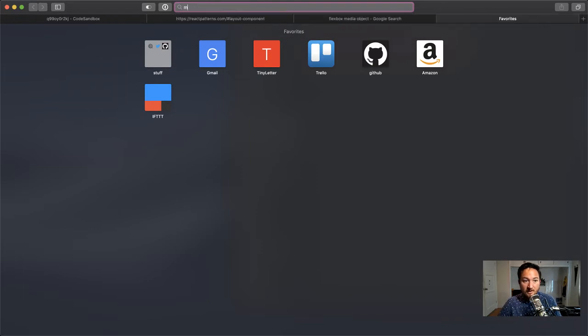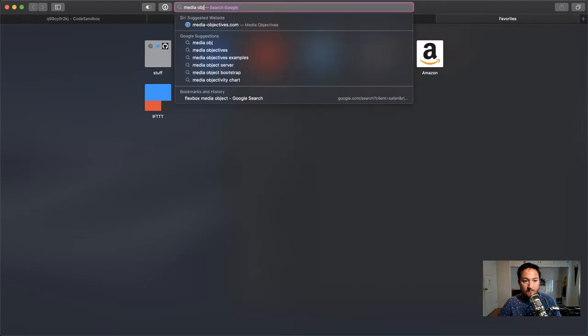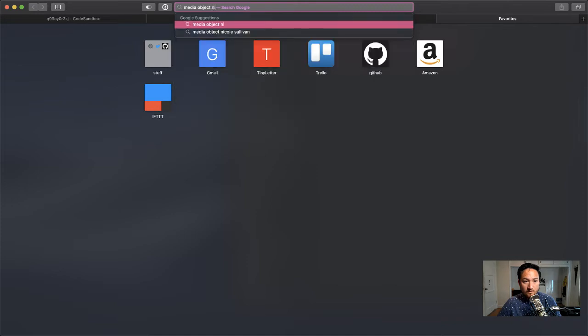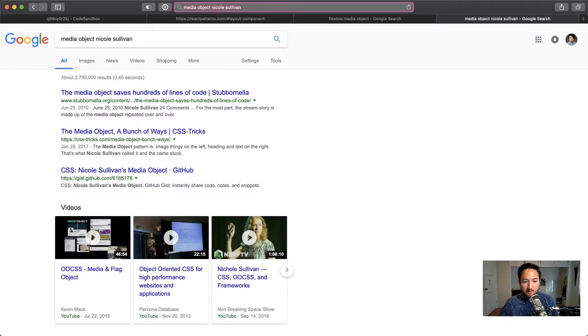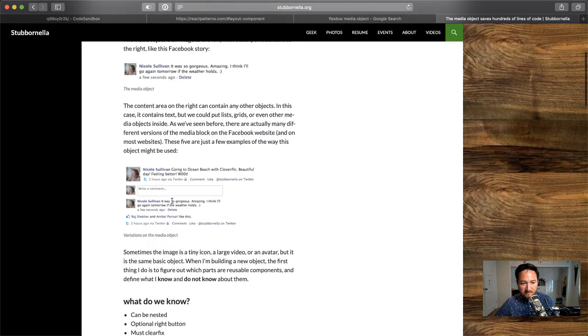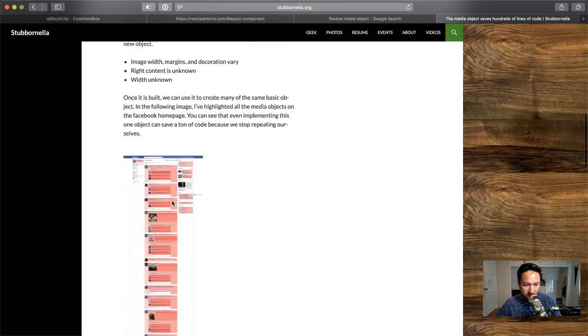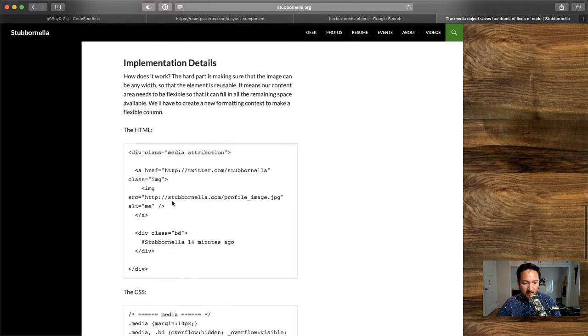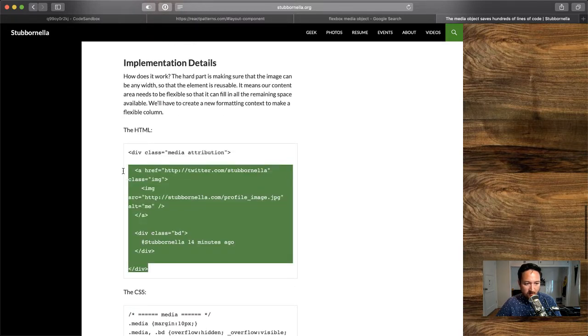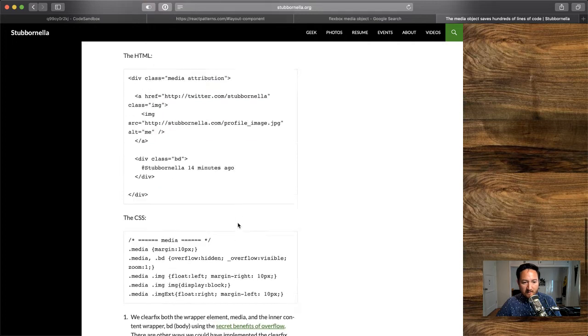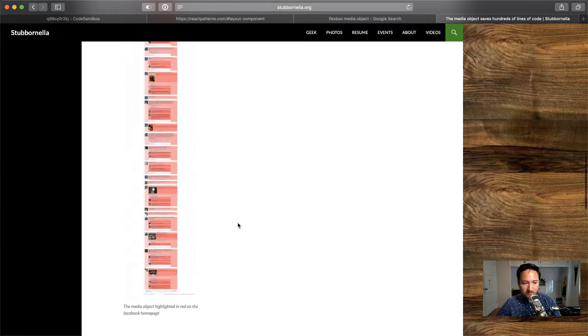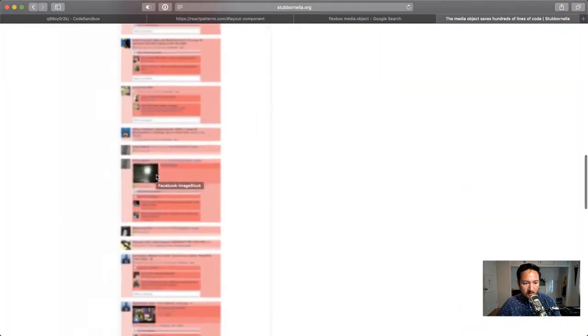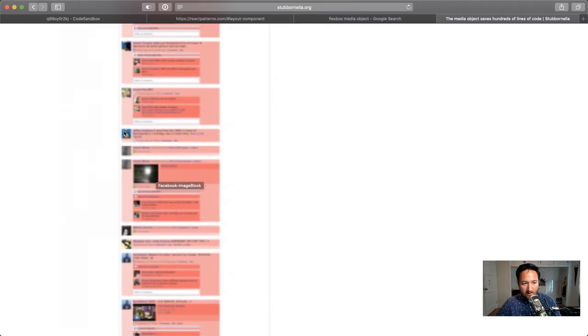For the uninitiated, the MediaObject is originally this really cool CSS thing that worked across browsers way before we had Flexbox, and it's this tiny little bit of HTML and CSS that is amazing